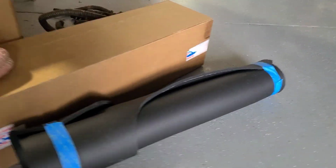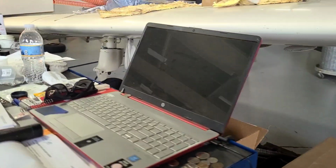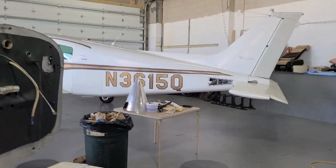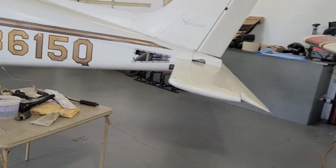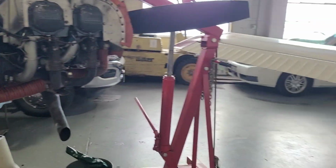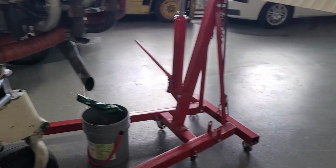There's insulation. So we did that. We pulled all the insulation off the firewall. That was still here the other day. Maybe I might have just chucked it because it's just laying around. But anyway,